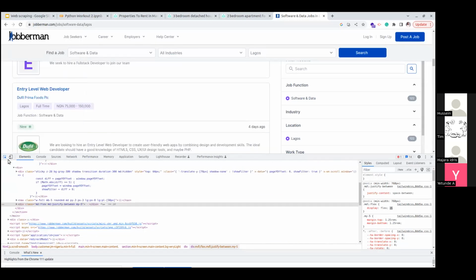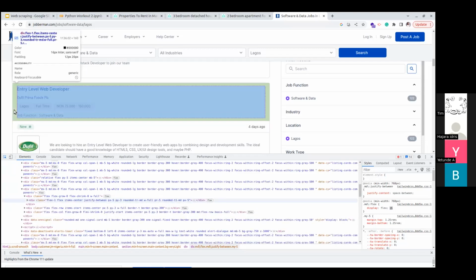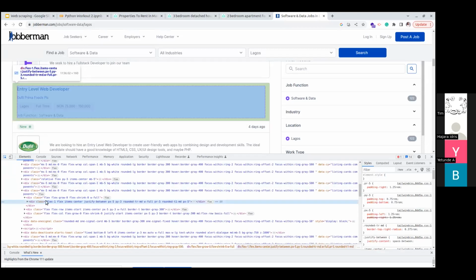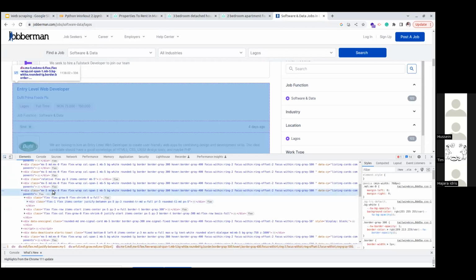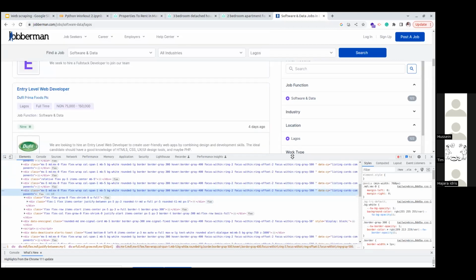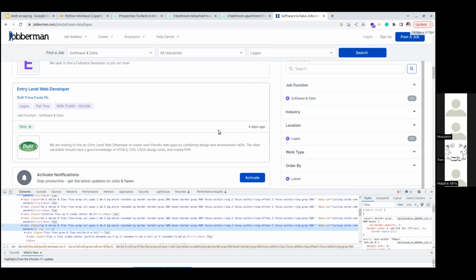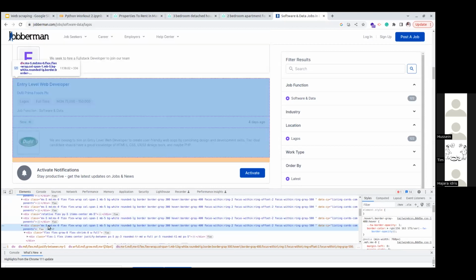Okay, let's use this one. So this is the div. The div is now inside another div. Then the div is now, let's just say this is it.